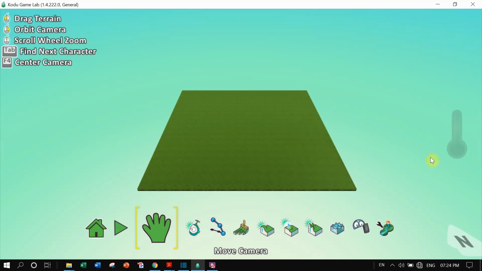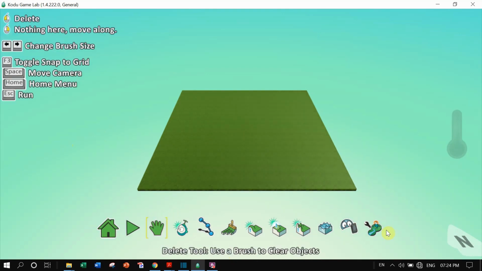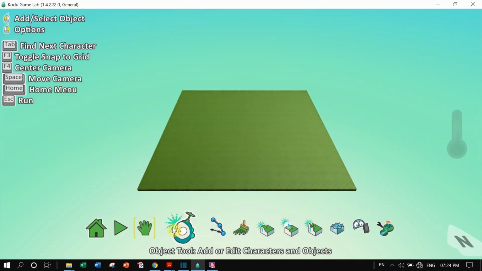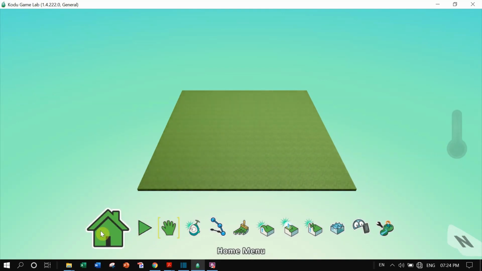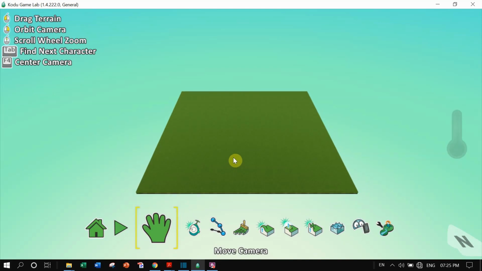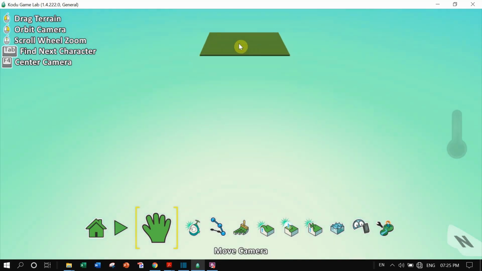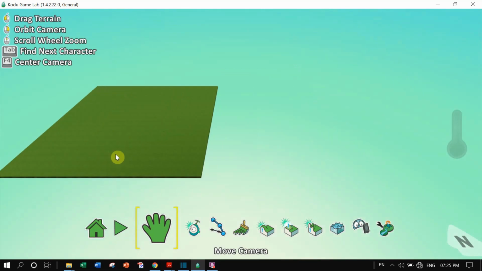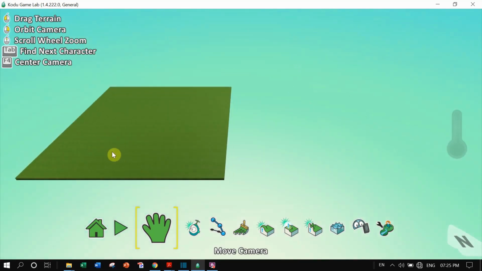At the bottom you see all the functionalities available through a toolbar, a very fancy toolbar. This glove like icon, this button, is actually the camera control button. So let us see how it works. I bring the pointer over the ground and I left click. With the left mouse button down I move the mouse. So this is how with left click you can orient the world like this.